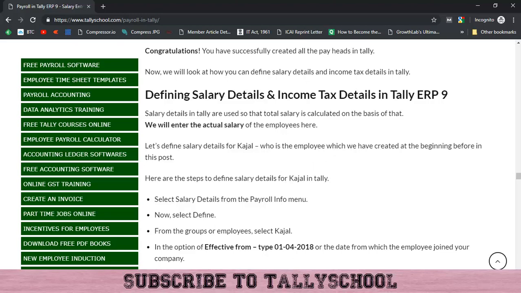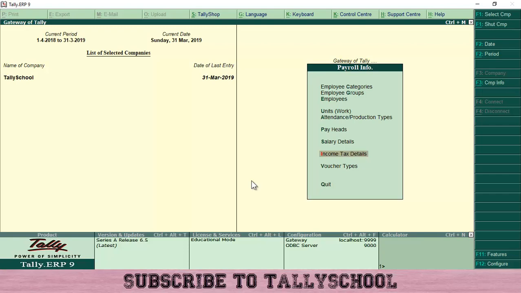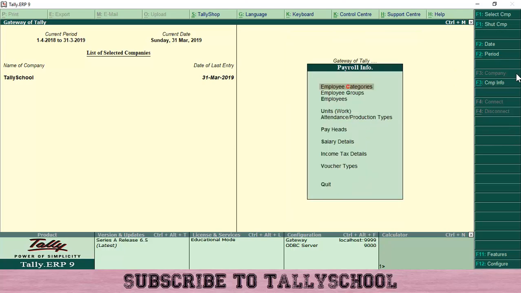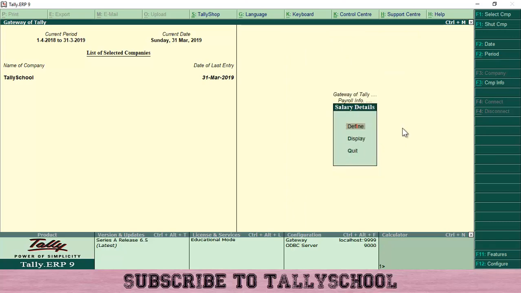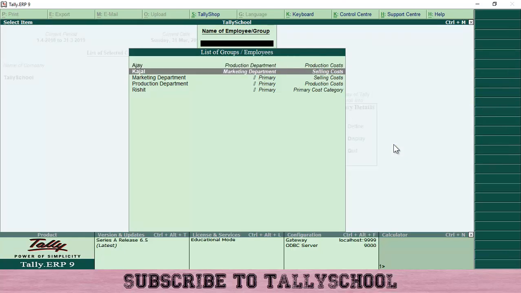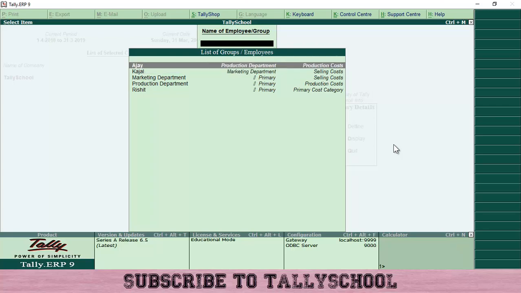So let me go into Tally, and I'll show you right now what you have to do. From Gateway of Tally, if you've enabled payroll in Tally, you'll see the options of payroll info as well as payroll vouchers. Once you've enabled it, we'll go into payroll info, then we will go to salary details, and you have to go to define. So let's go to define, and then I have created the details for our two employees, Ajay and